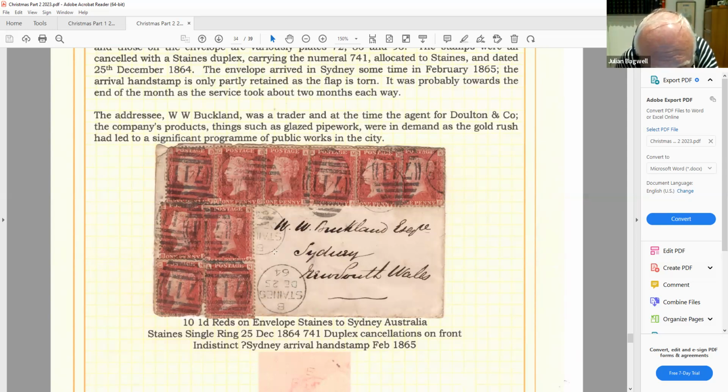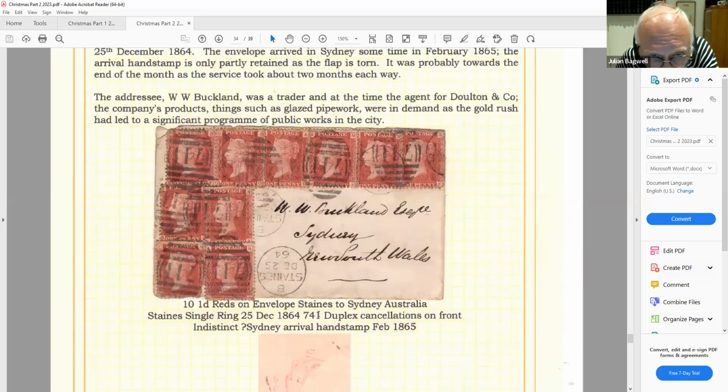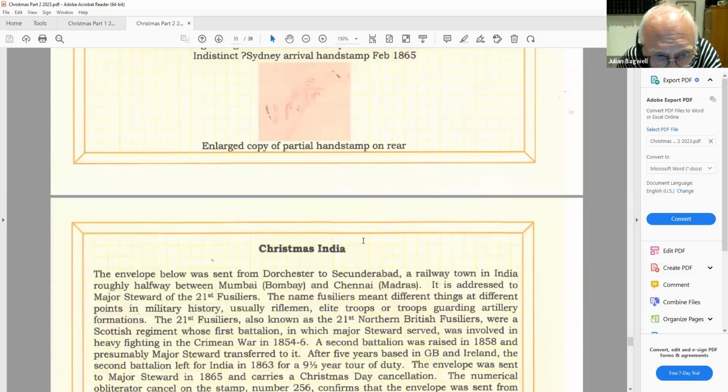1864 mark there. And there's a very scruffy and indistinct Sydney arrival hand stamp, I think February 1865, when it was probably 6 weeks, 7 weeks that mail normally took to get from London to Australia. But rather a nice item, and with lots and lots of cancels on it. Another foreign item,